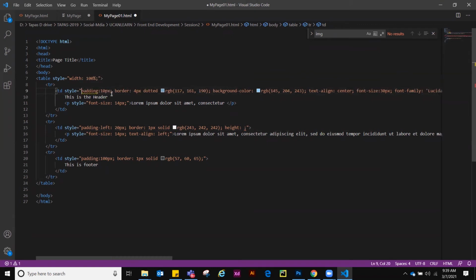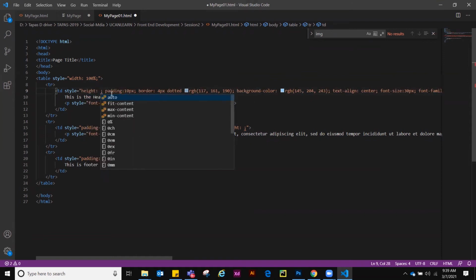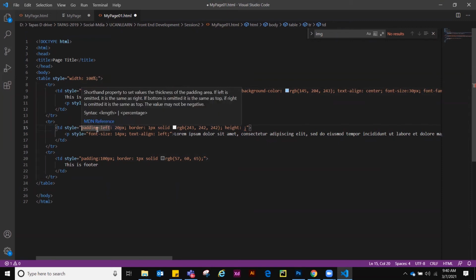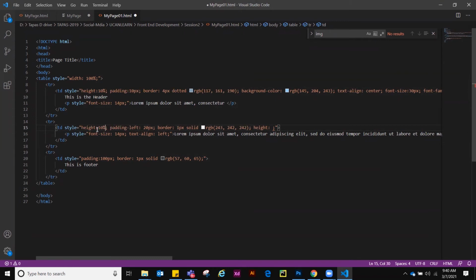Height 10%. When you use percent, it is flexible. It will also open properly on your mobile, right? Now same in style, height 80%.